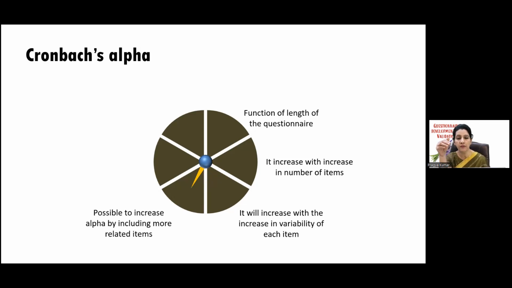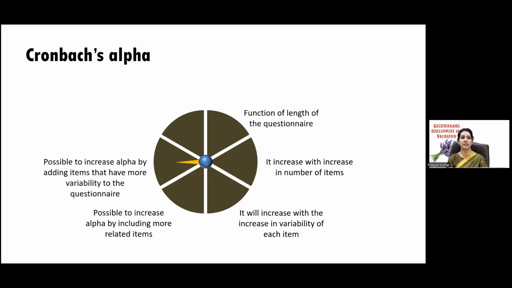So if you apply any scale, let's say statistical anxiety, and you are getting low reliability, you can add a few more items of that construct. It will increase the reliability. And if you have any question which has more variability, it will increase the reliability. A very high value of alpha, that is more than 0.9, suggests that some items are